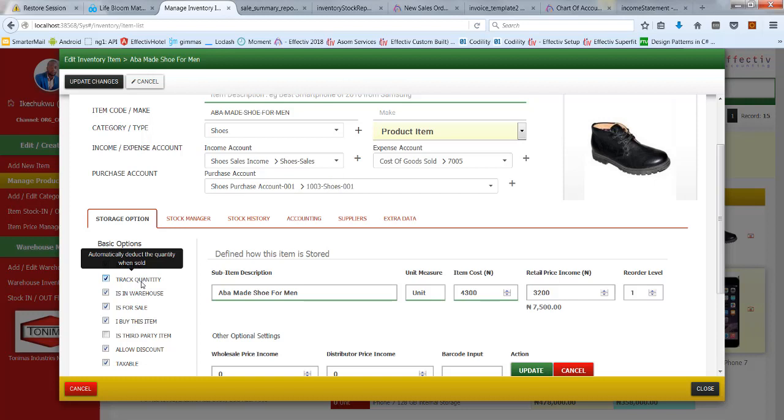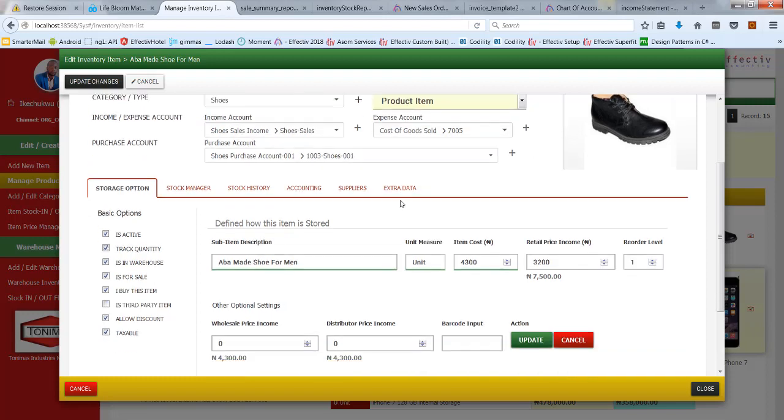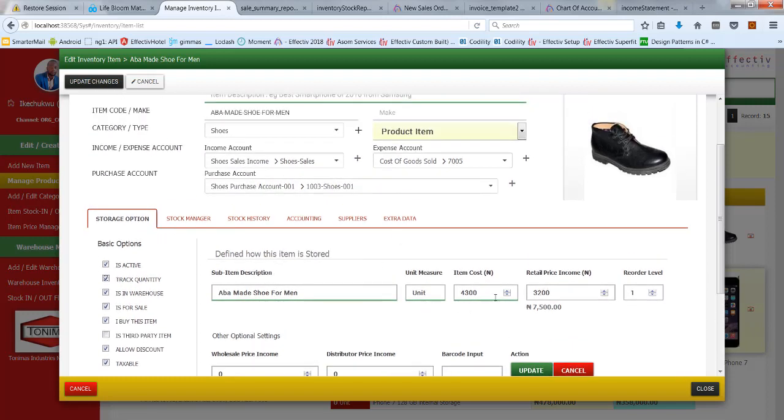So if you don't want such a thing, if you don't want to keep tracking the quantity, you can simply go here and remove this and save again, and Effectiv will stop tracking the quantity for you. Which means you can sell this any number of times and any number of quantity, and there is no problem with that. Then the next section is this item has a cost price of